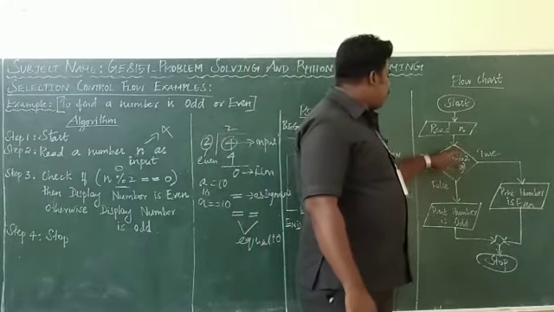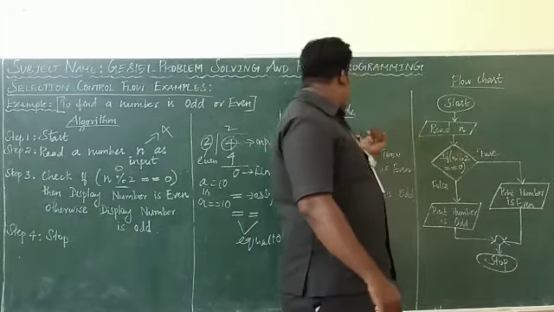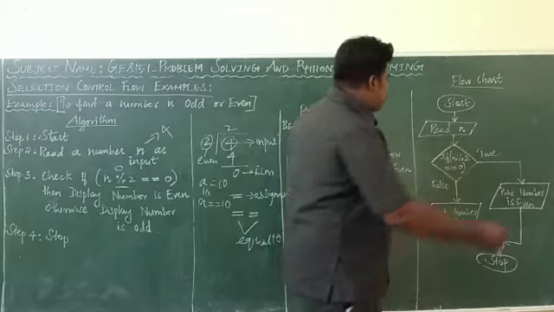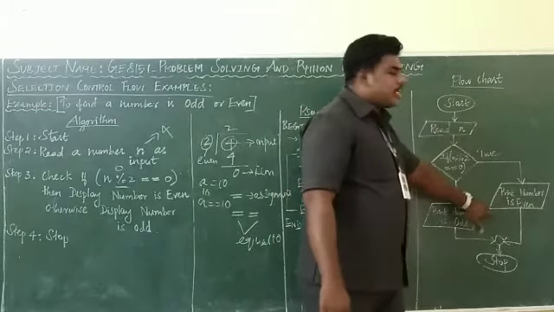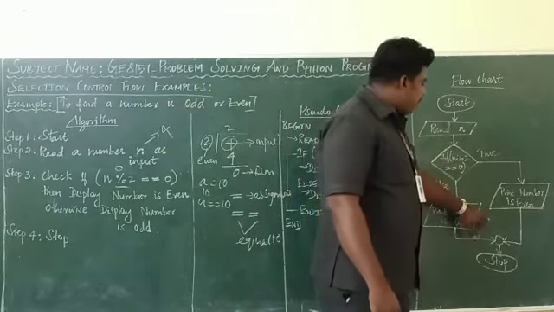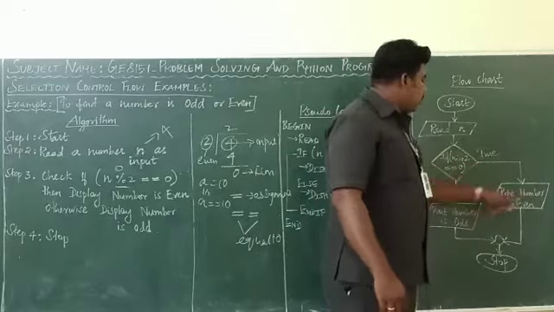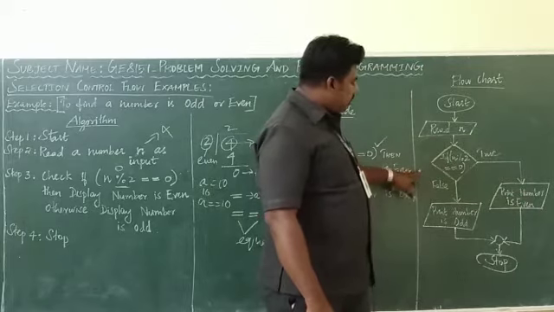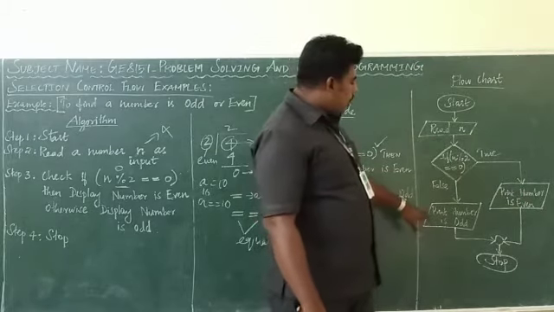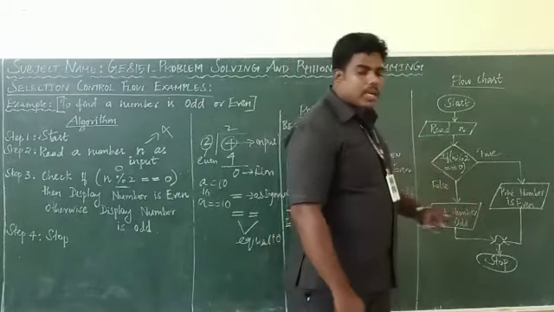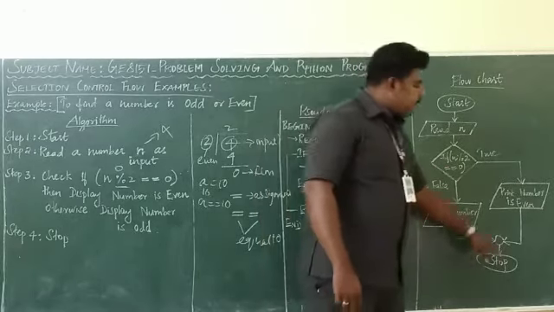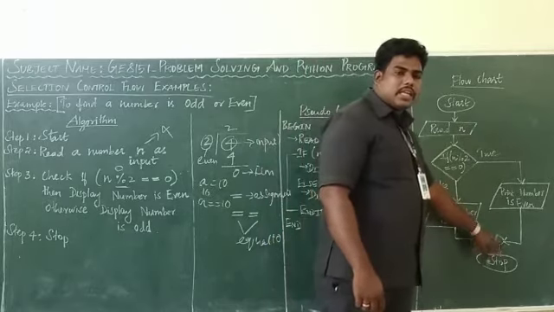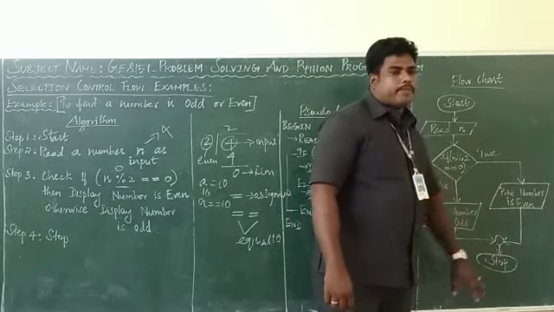For n divided by 2, actually your n value is 4, right? 4 divided by 2 equal to 0. If the condition is true, this statement is to be executed: you want to print the number is even. For printing, again the parallelogram symbol. Suppose the condition is false, you want to print the number is odd. So again you need the parallelogram symbol. Now the flow always ends with a single flow line, so use the connector and stop the algorithm.